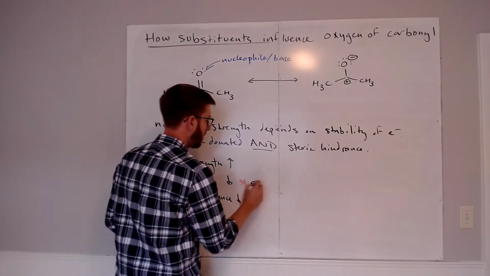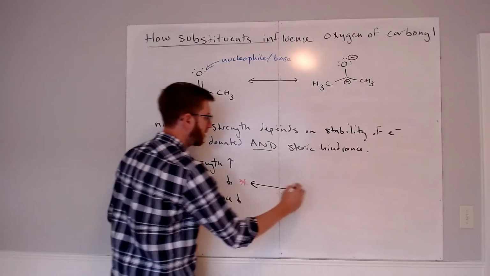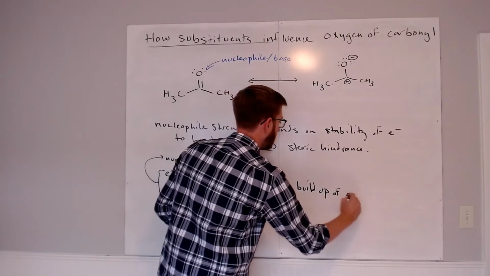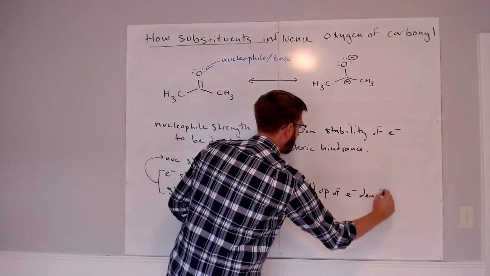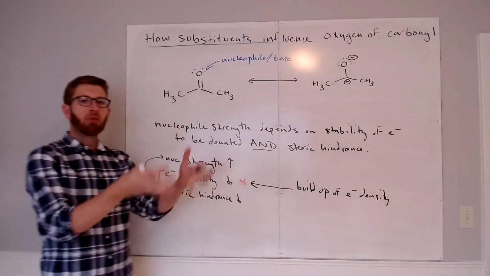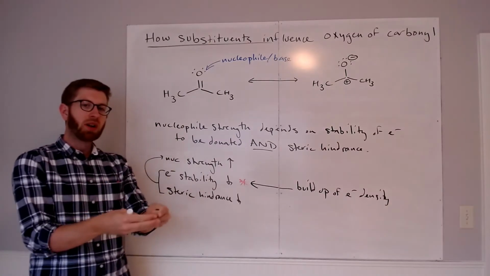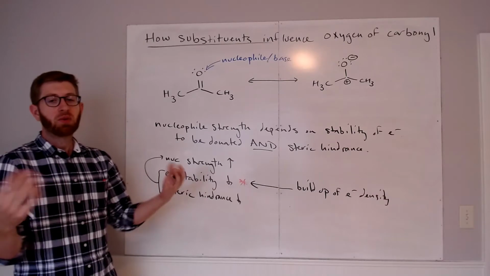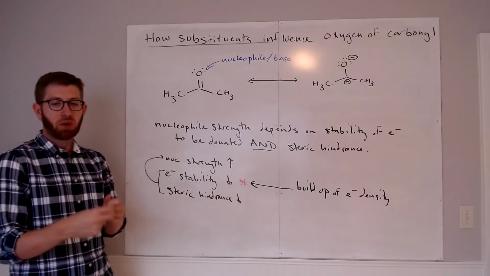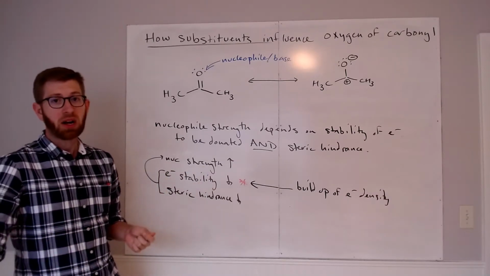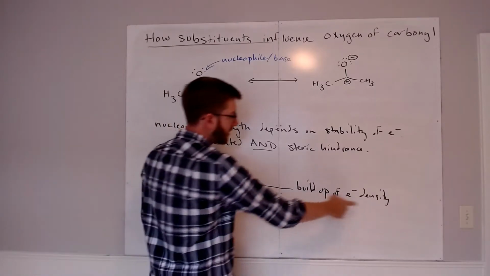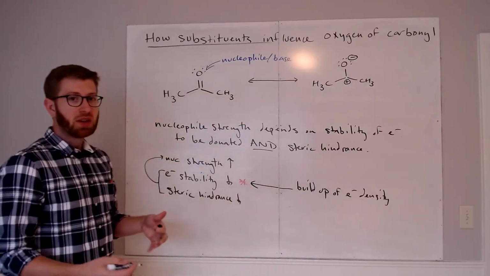So this concept will be intimately related with buildup of electron density. As I start to pack more and more electrons into a small area, for instance, a single atom, those electrons repel each other, and you destabilize the structure, such that one pair of electrons might be better off in a bond. That's the nucleophilicity. In order to assess whether or not we're building up electron density on an atom, for instance,